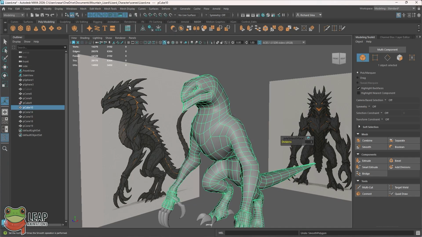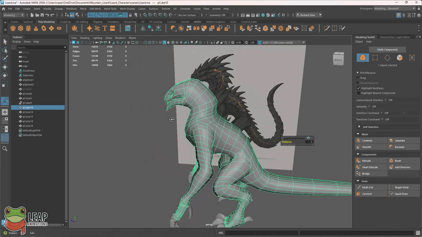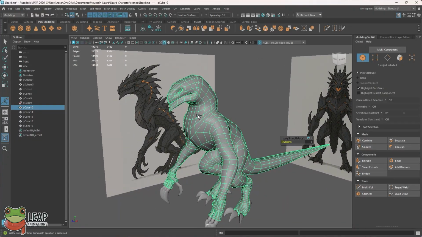And to be honest, if we're going to be doing a stylized texture, like a painted style, like you see in Arcane or Spider-Verse, you don't even need that much geometry to begin with, because it will be painted by hand later on. I'll show an example of that when we're ready to texture this character. So now, getting back to detailing this a bit more,